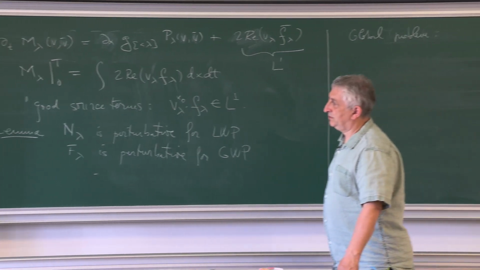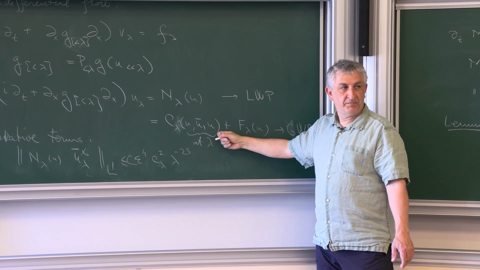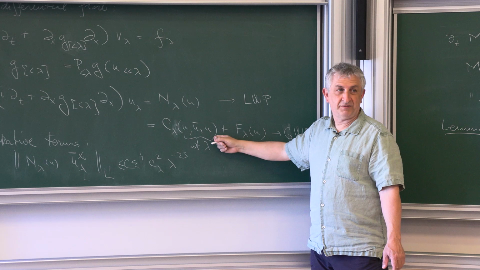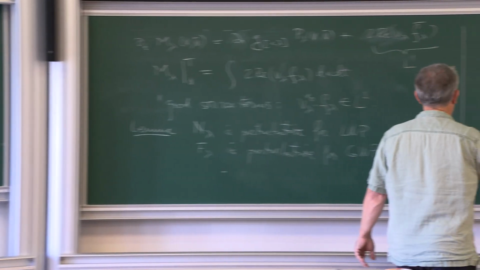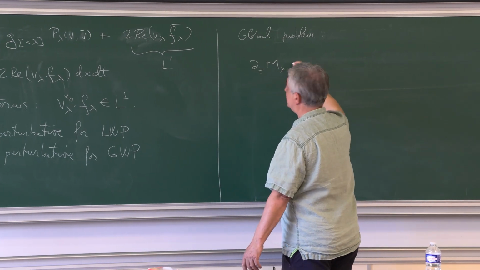Then you have to look at the role that this term in here plays and try to figure out what we do with it, because it's for sure not perturbative. And so what happens then is we get, again, writing this only for mass,